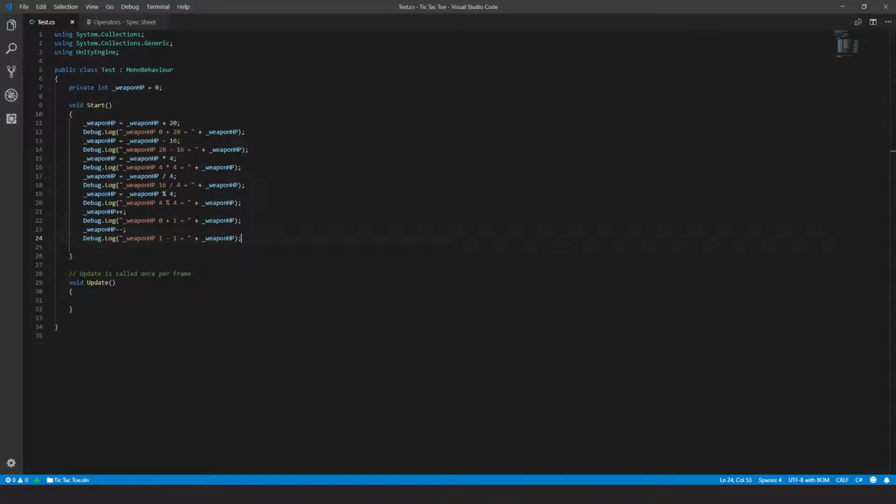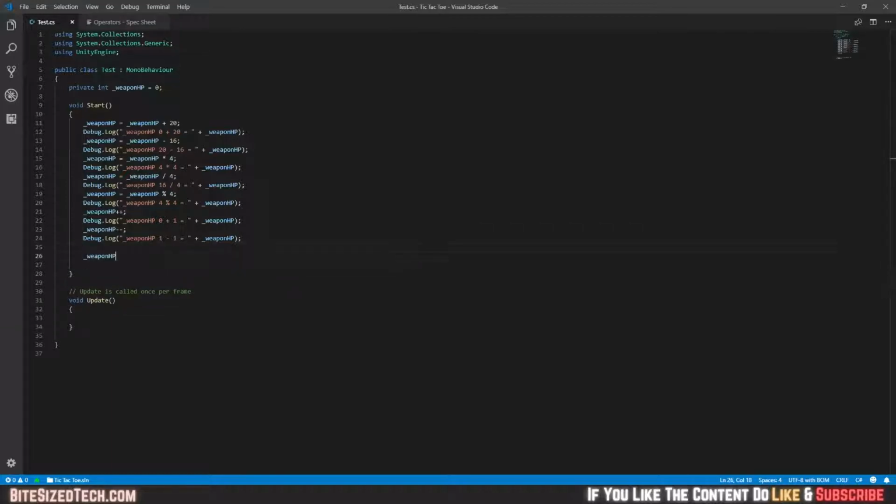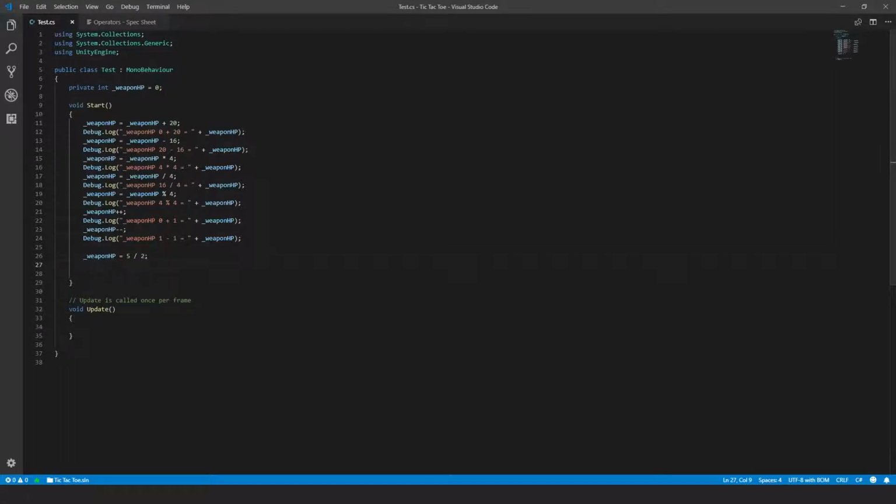Now, back to the code, let me show you one of the mistakes that you will make as a complete beginner that at first sight might seem to be correct. So, we have the weapon HP variable that we have declared and initialized. Now, within the Start method, let's perform division again. _weaponHP = 5 / 2; Debug.Log("_weaponHP = " + _weaponHP);